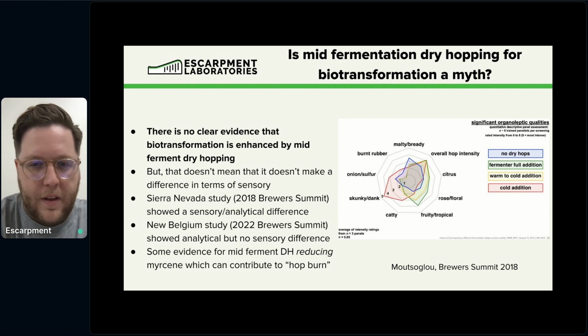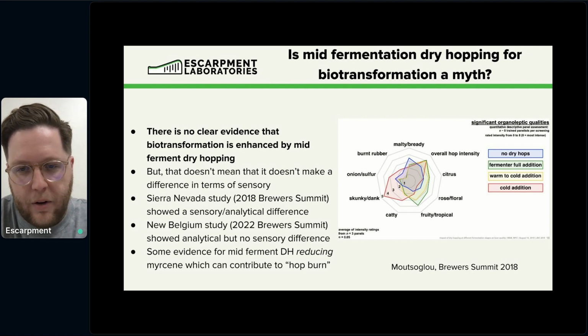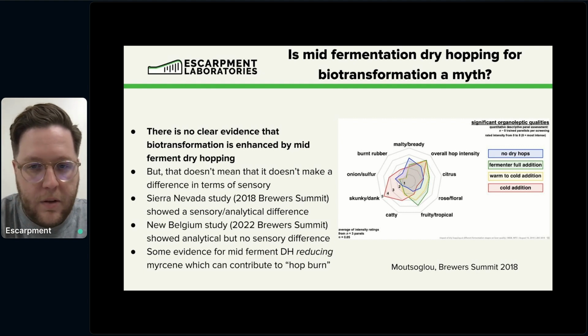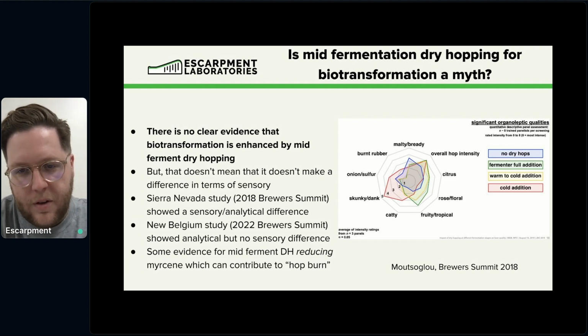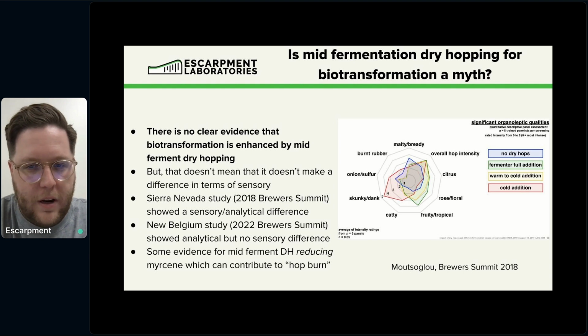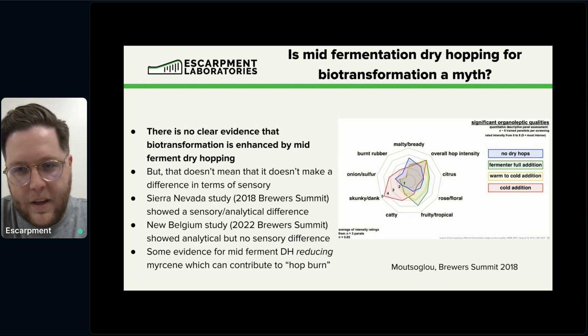So you do see a difference there, where the hops added earlier were giving more of a fruity tropical profile. The hops added after cold crashing were giving more of a dank profile. So you are probably seeing some evidence of that biotransformation there. Although in this case, I would interpret that warm to cold addition as being somewhat similar to what a lot